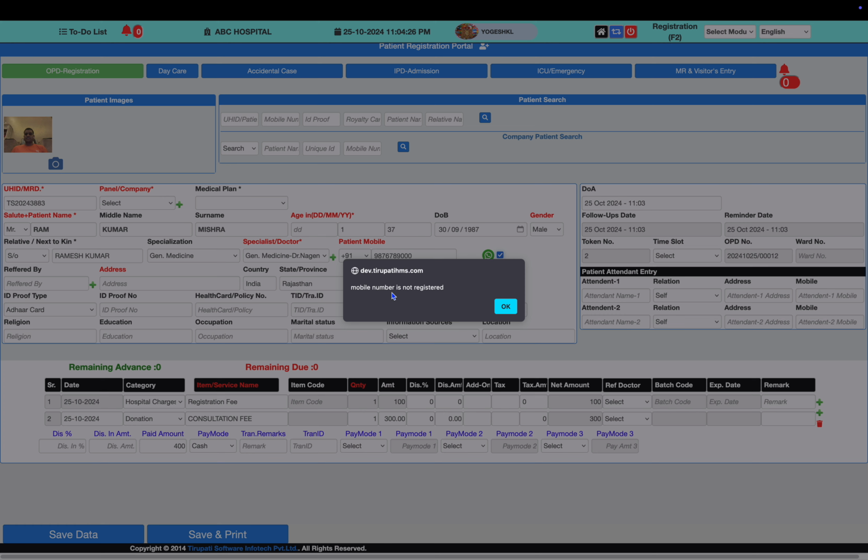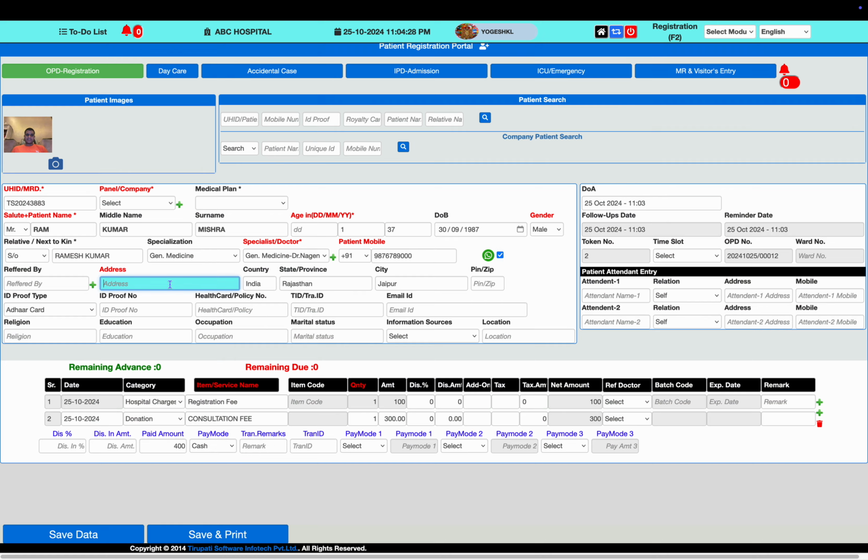Now the system is checking whether this number already exists in the software. If it was there, the system will recall the patient data of such a patient who has a similar mobile number. So let me prepare here some basic detail.